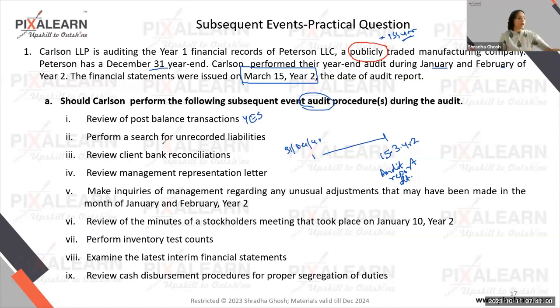Do you search for unrecorded liabilities? Do I go and actively look for what are those liabilities that have not been recorded? Two. Do I go hunting for unrecorded liabilities? So Lakshmi,